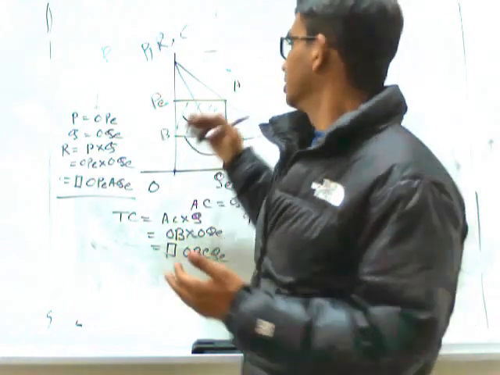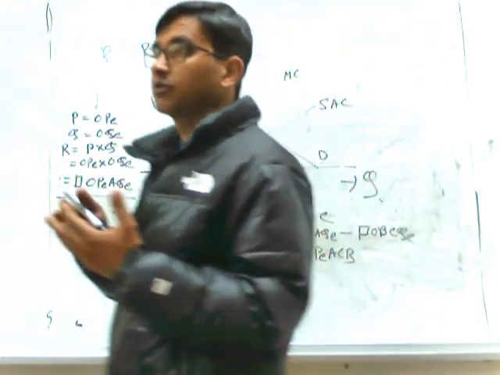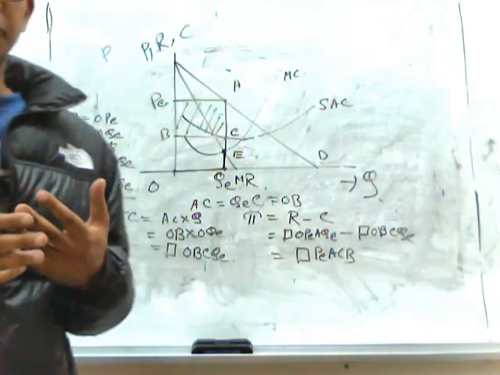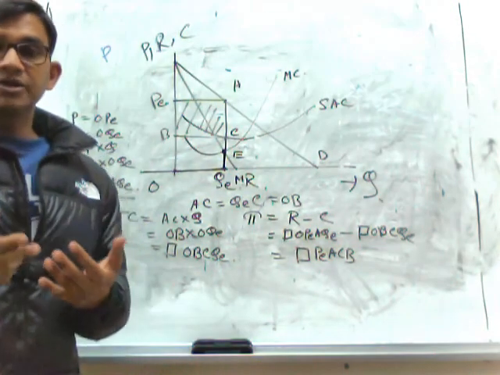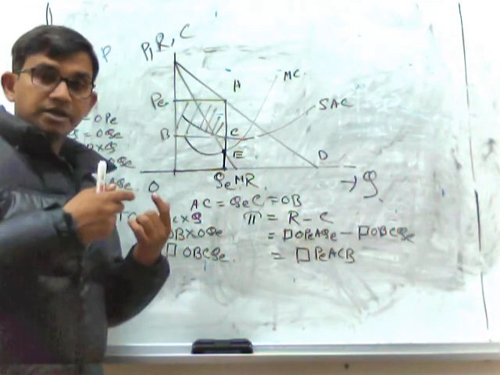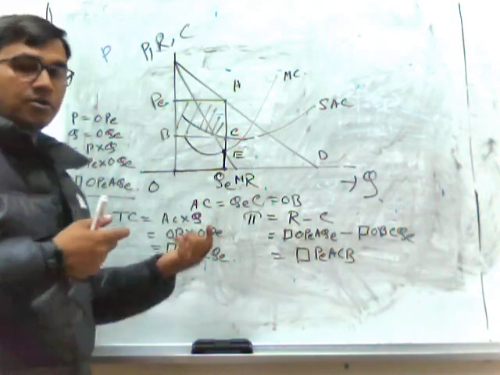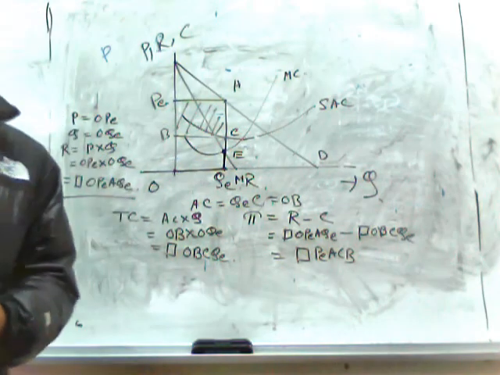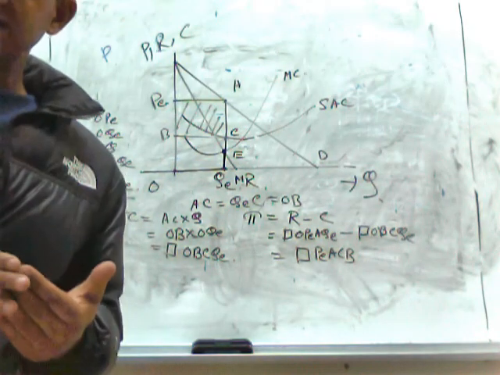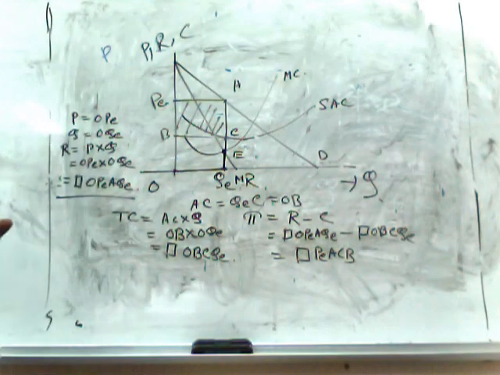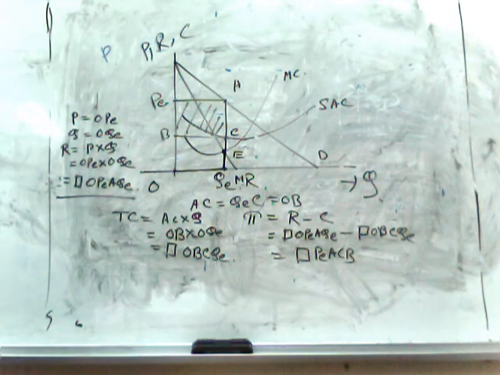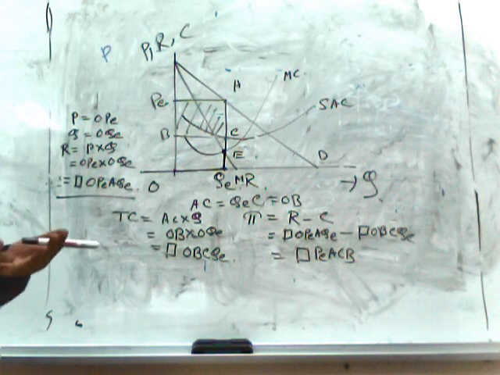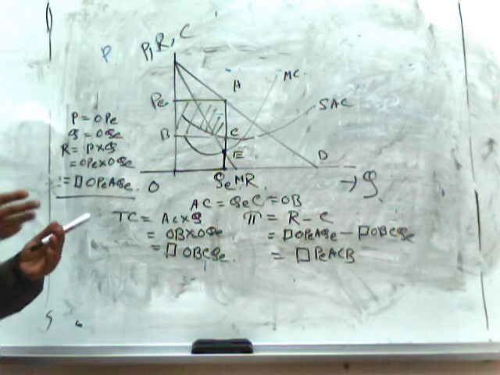So in this case, what do we see? First, the monopolist determines the level of output. Then the monopolist determines the price at which the market demand will be exactly equal to the amount that he wants to sell. So the monopolist is the price maker and he fixes the price in order to maximize his own profit. So the monopolist determines both the quantity to be sold and the price in the market.